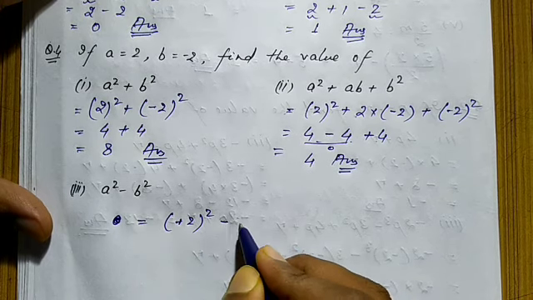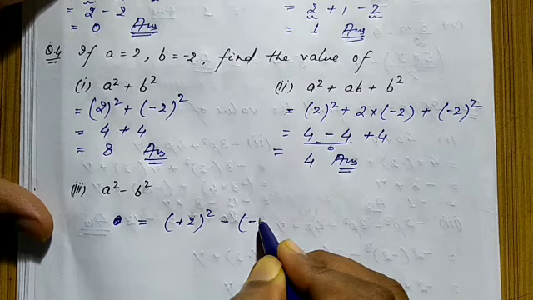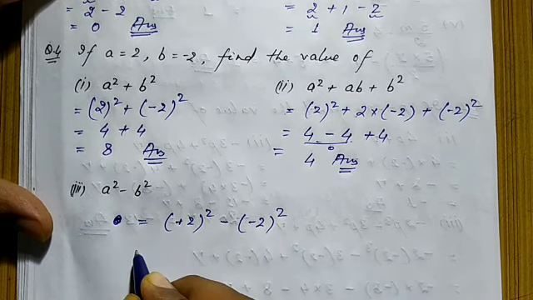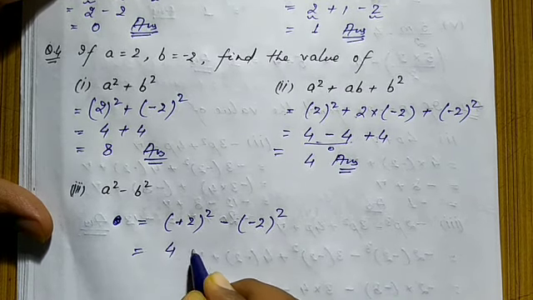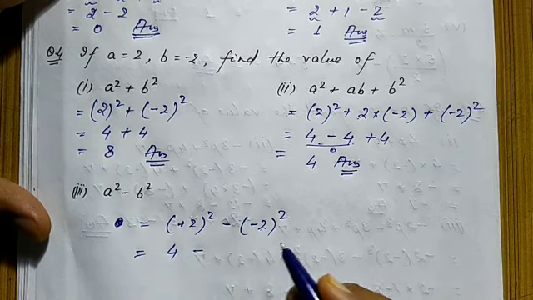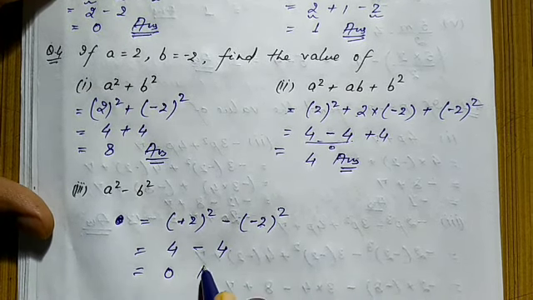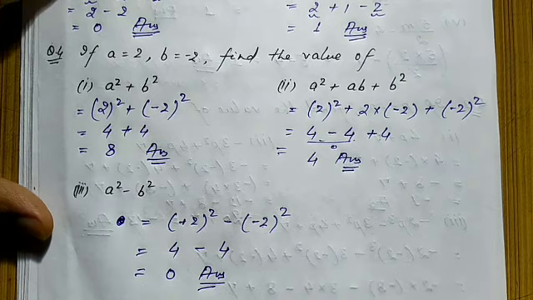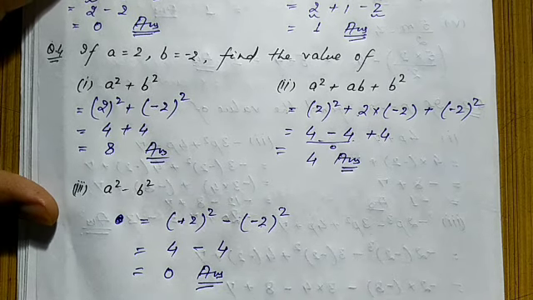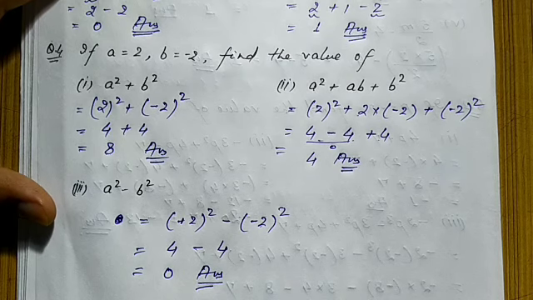Okay, and b is minus 2 whole square, 2 square, 4 minus 2 square, that will also become 4, 4 minus 4, that is 0. So the answer is what? 0. Value of a is 2 and value of b is minus 2. Okay,